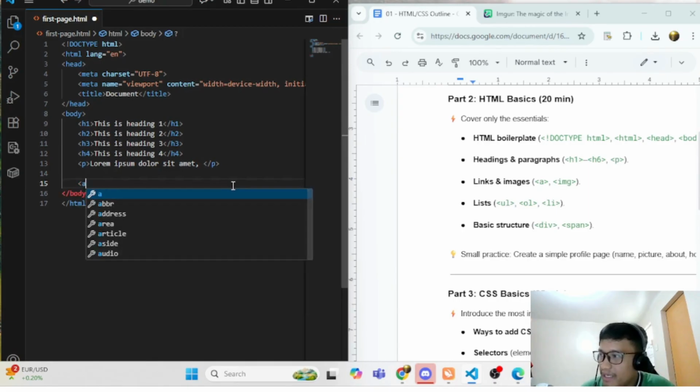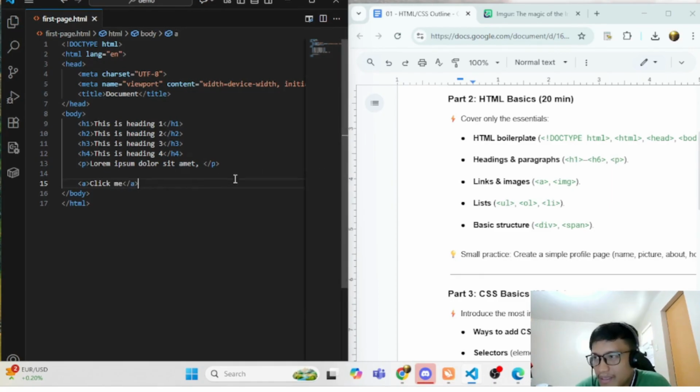So I'll have here a, and then let's say click me. Now, this time, we will put attribute to a specific tag. So for instance, for an anchor tag, it has an attribute called href. So it means that it will be redirected to a specific page.